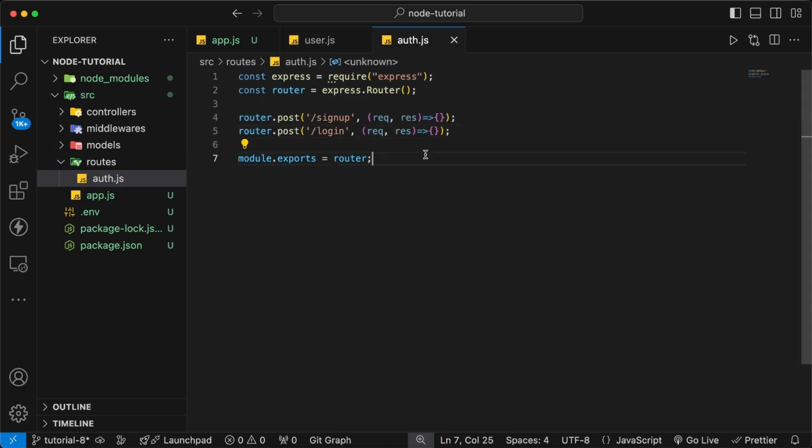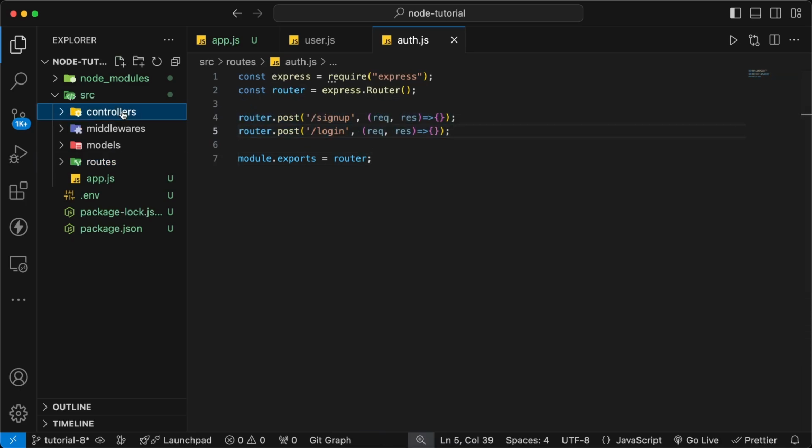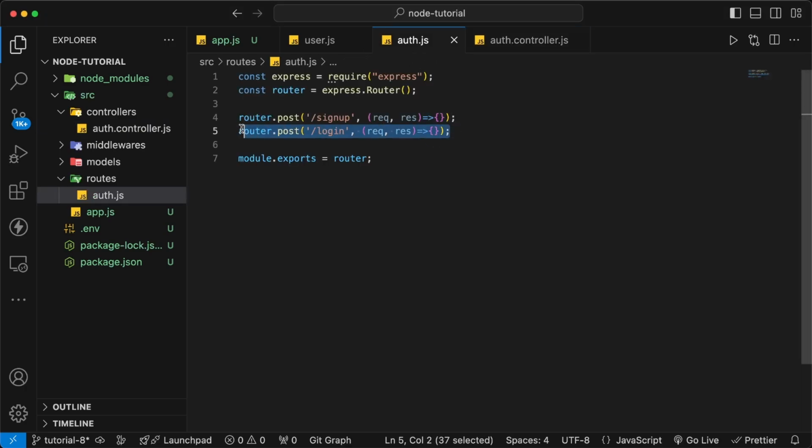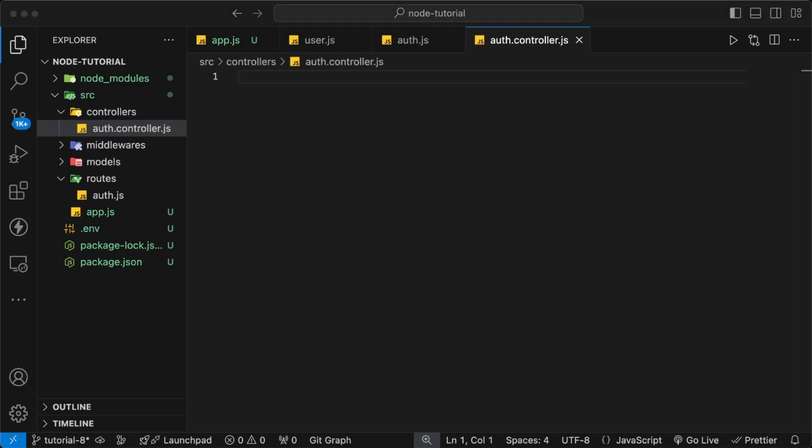right here. And since we have the authentication routes, we need to have controllers as well, right? So we're going to create an auth controller. So you can always say auth.controller.js, right? And what we are going to do right here is we are going to handle all the events that are going to happen on these routes out here. Okay,